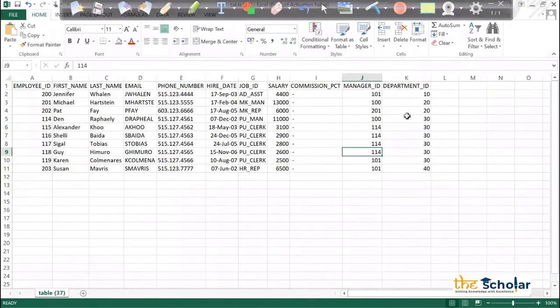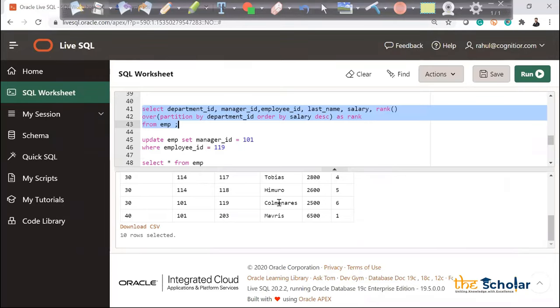Now I am doing partition by department ID. So these are the departments, guys, and I'm giving the rank based on the salary. So rank will be like 1, 2, 3, 4, 5, 6. So this guy, Karen, is in the same department. Obviously, the manager is different, which is okay, but his salary is less, so I'll give him the rank as 6, right? If I run this query again, I don't see any changes. It should be 6 only. So you can see that for Karen, I'm getting 6 only as the rank.